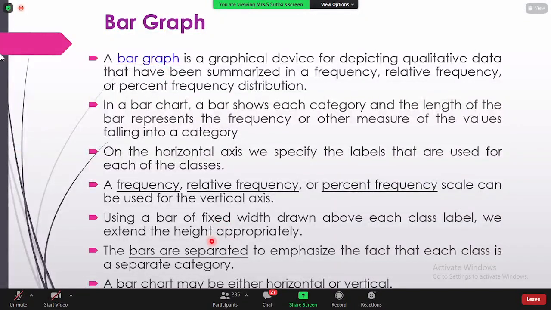So the height, actually, that should be an appropriate scale. We have to represent the height with the appropriate scales, because based on the height or the length, we can get the idea about what the frequency, the relative frequency, or the percentage frequency is. And also in the bar chart,